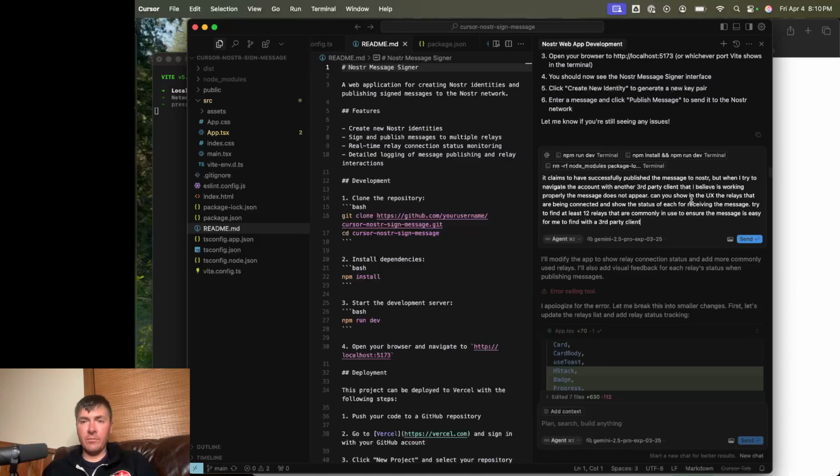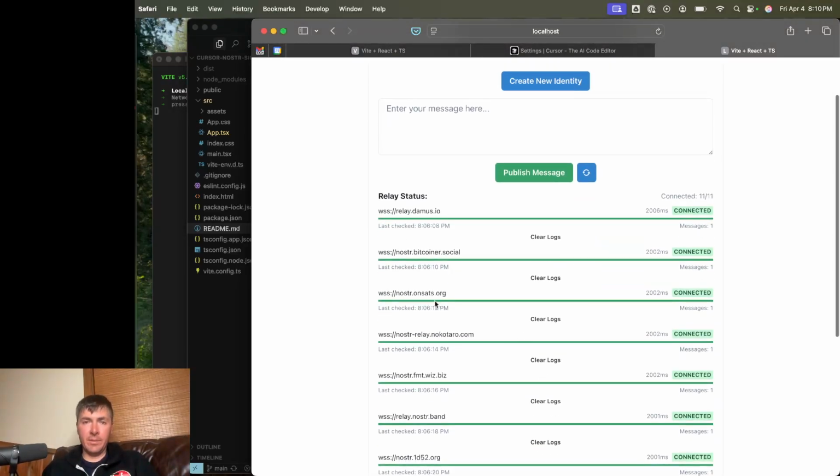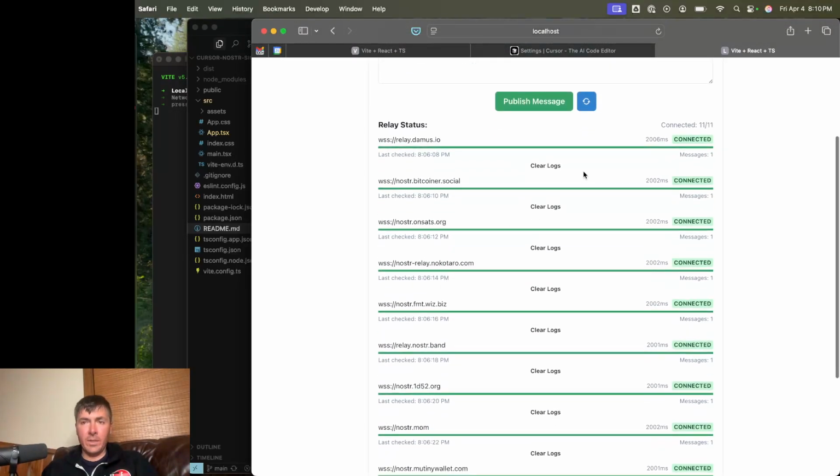Try to find at least 12 relays that are commonly in use to ensure the message is easy for me to find with a third-party client. So that's sort of why this section came up. You can see relay status, where it shows the status. You can see it decided to show the number connected, 11 out of 11,